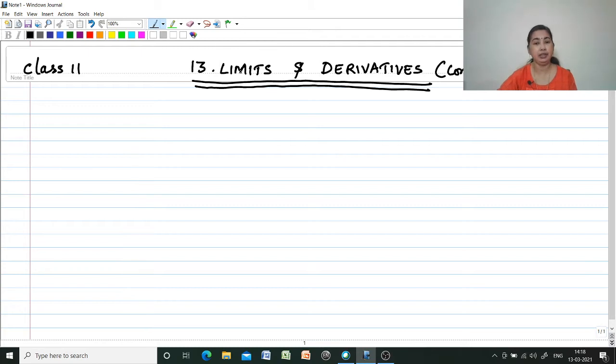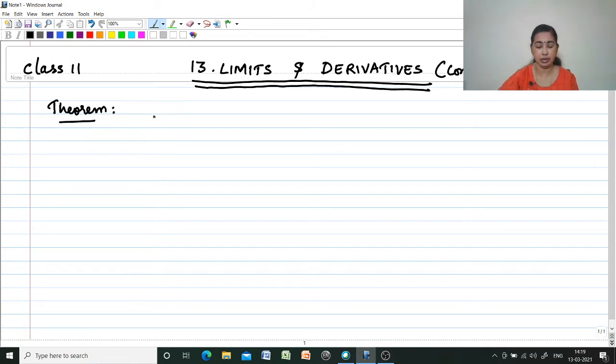Today we are continuing with chapter 13, Limits and Derivatives. In the last video we were discussing how to apply limits. If it is in the 0 by 0 form, then we have to either factorize, or use the substitution method, or rationalization. These are the three different methods we have to go for if it is in the 0 by 0 form. Now in this video we will be discussing a theorem,